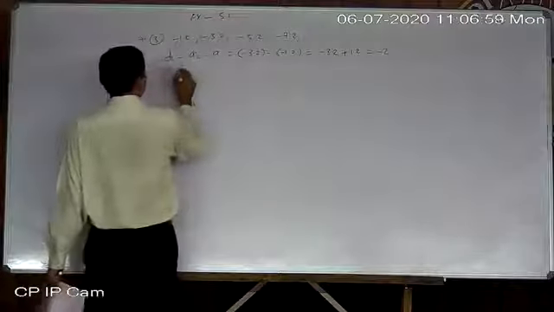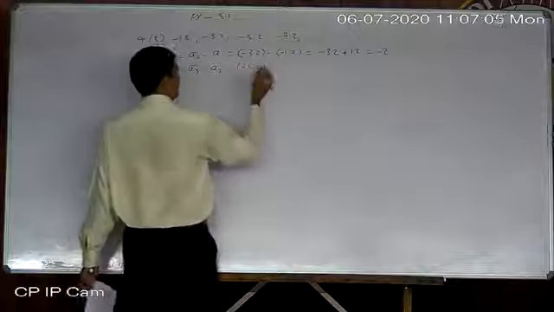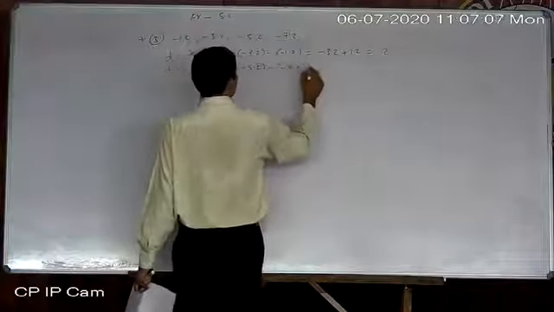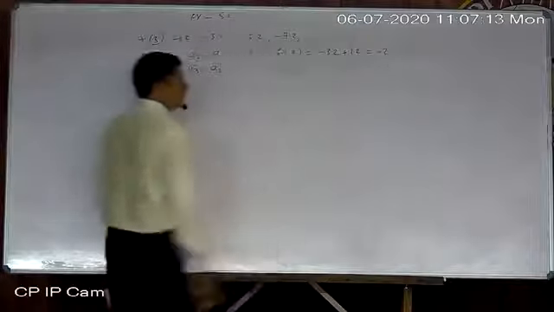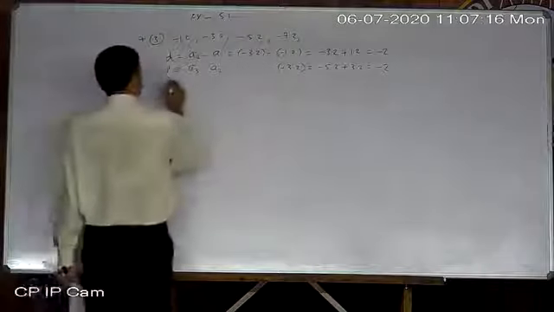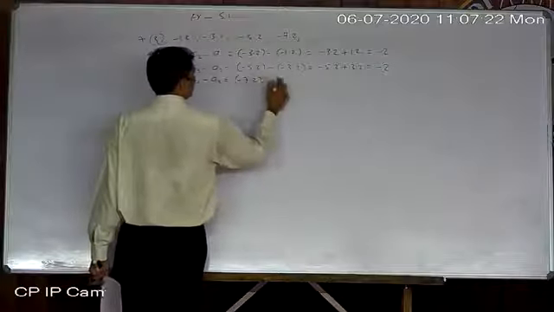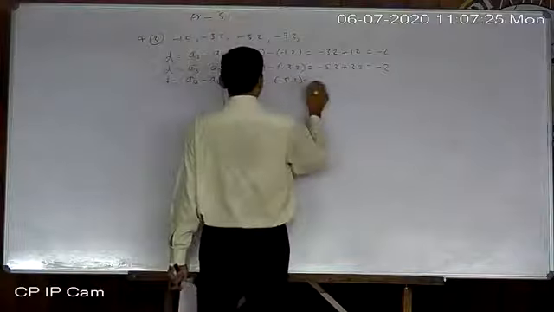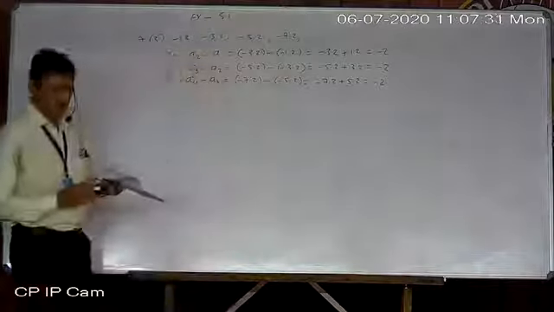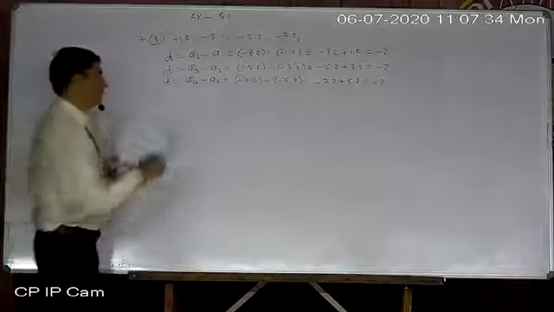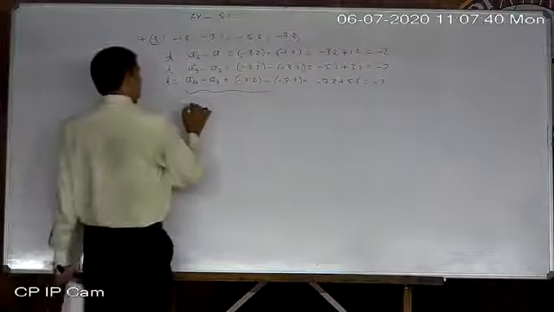Now likewise A3 minus A2. So minus 5.2 minus 3.2. So it will become minus 5.2 plus 3.2 is equal to again minus 2. You understand? Just like previous one. Likewise, D equal to A4 minus A3. So minus 7.2 minus 5.2. So minus 7.2 plus 5.2. So is equal to again minus 2. So difference is constant everywhere. So write down that statement again. Difference is constant everywhere. Therefore it is AP.